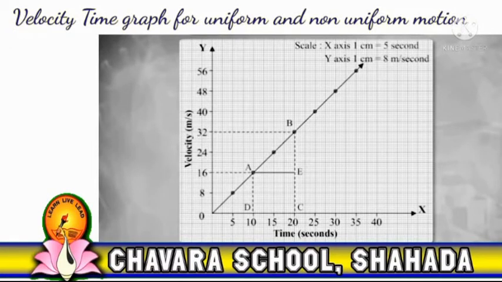The velocity changes by equal amounts in equal time intervals. Thus, this is uniformly accelerated motion. How much does the velocity change every 5 seconds? 2. For all uniformly accelerated motions, the velocity time graph is a straight line. 3. For non-uniformly accelerated motions, the velocity time graph may have any shape depending on how the acceleration changes with